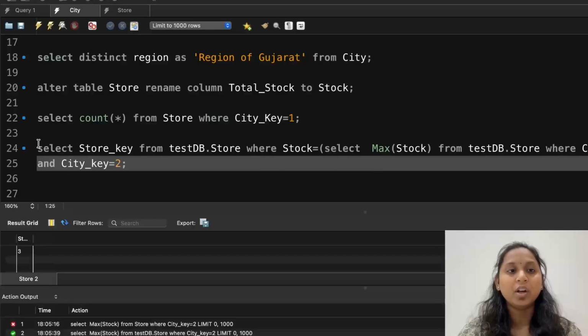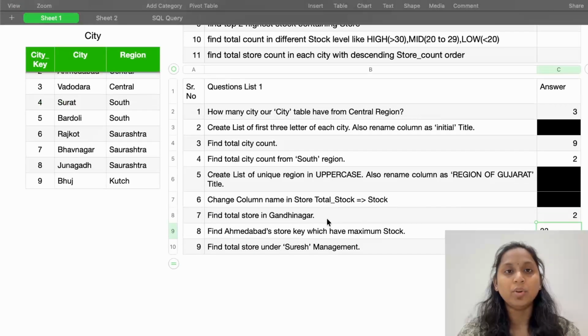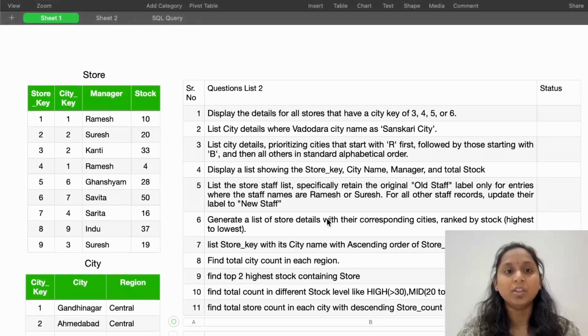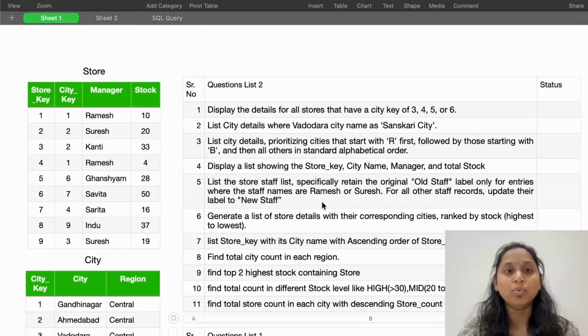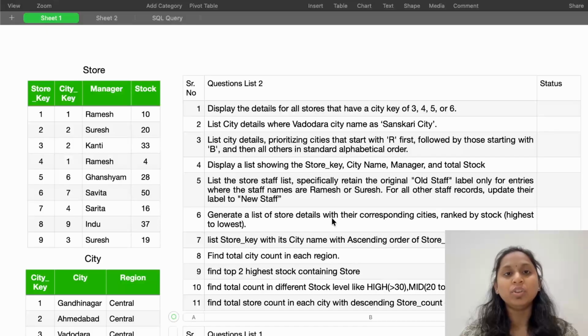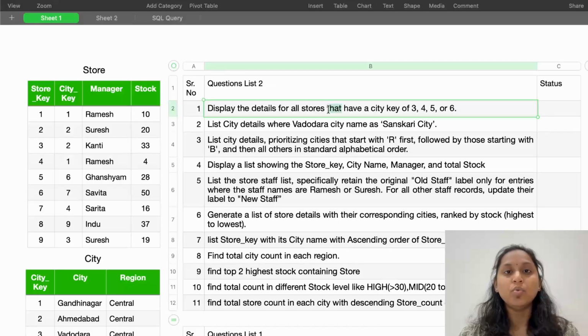Okay. Now can we jump to today's unit? What was today's task? Now today the question list is this. The 11 questions we will finish in this video lecture, and what we use to solve them all are the subquery and the in operator. What is the in operator, that I will explain. What else do we use? The group by clause for grouping records, as well as order by to sort the result. Okay. Let me do them one by one.